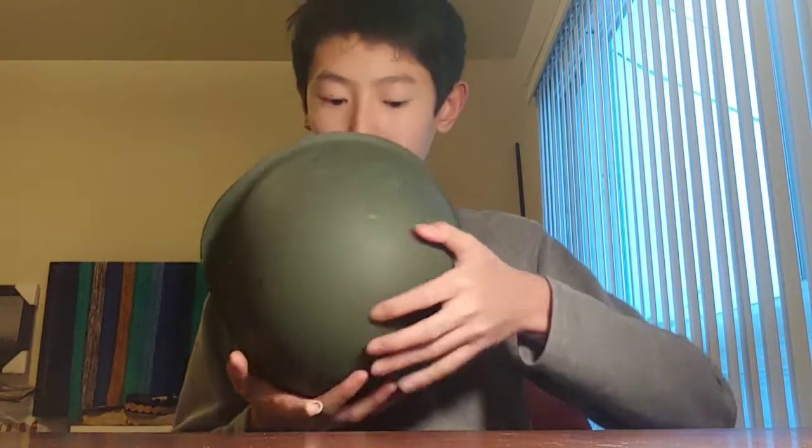This one is an SSH-40 copy, so it's the Soviet helmet, the World War II Soviet helmet, and the Hungarians simply just copied this helmet, and it's a pretty good helmet. It protects the ears and a bit of the back, but it doesn't offer as much protection as the World War II